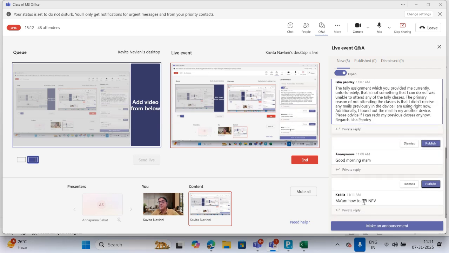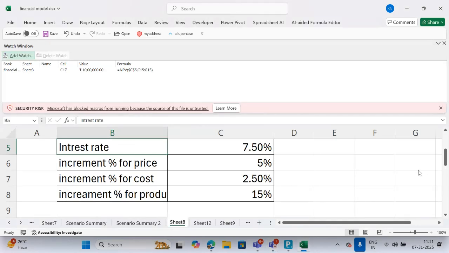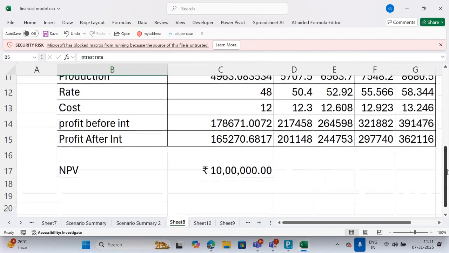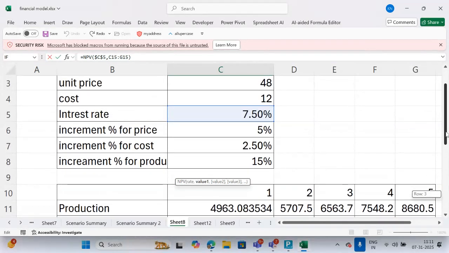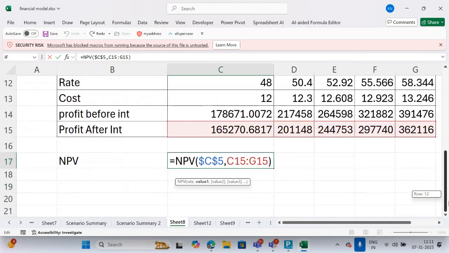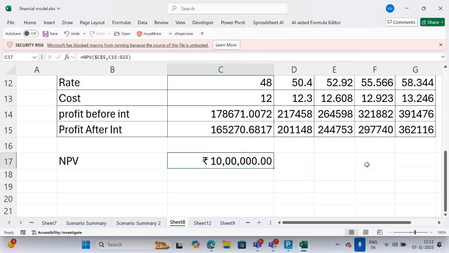Ma'am, how to get NPV? NPV, we already learned this example. There is a formula, NPV, with the interest rate, because the interest rate is given here, that is 7.5%. On that interest rate we want the net present value, because this interest rate is the same as the discounting factor. So this is our discounting factor, and in that case, the current NPV is,